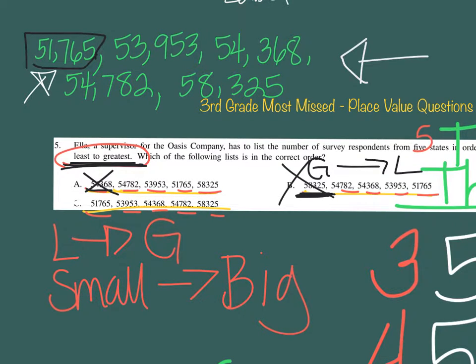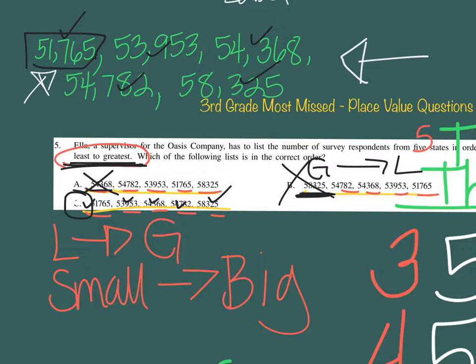Look at C. 51,765, check, check. 53,953, check, check. 54,368, check, check. 54,782, check, check. 58,325, check and check. Excellent. Our answer is C. So now we're on the verify the solution part, and we did verify it. We double checked, we saw what we wrote, we found the one that matched exactly. Answer is